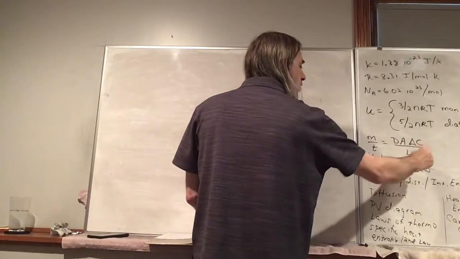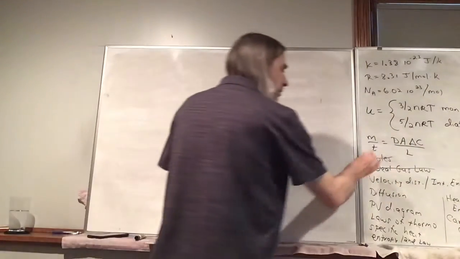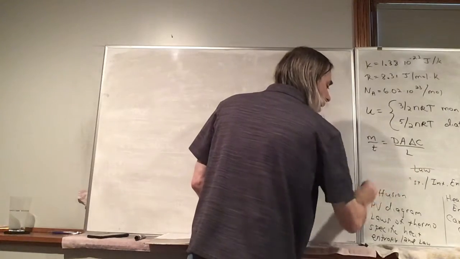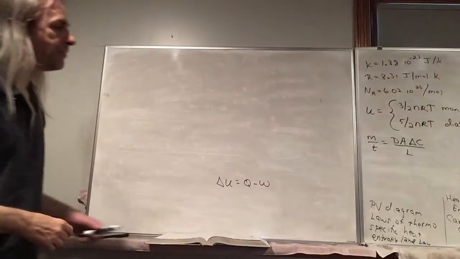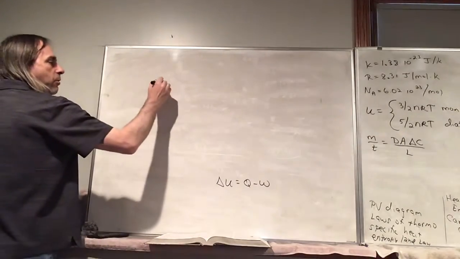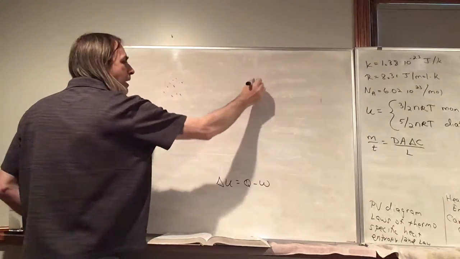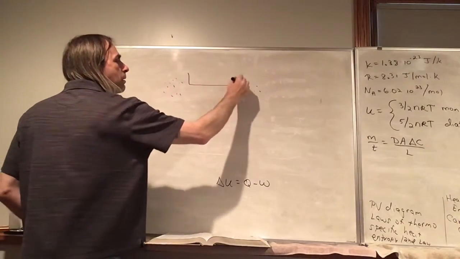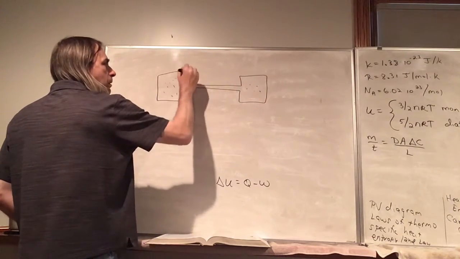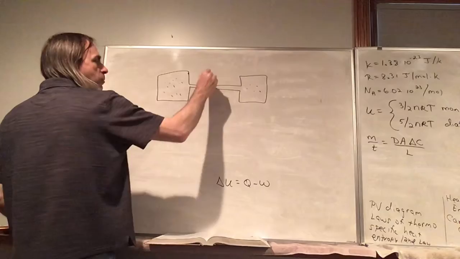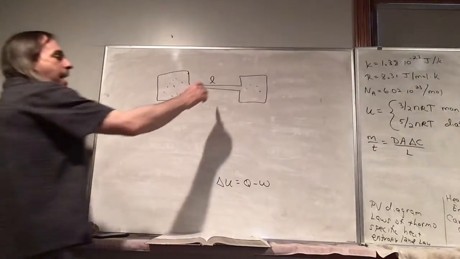We'll come back to internal energy, and the first law of thermodynamics also relates to that. But let's also write down Fick's law. So if you have a bunch of molecules over here, and a smaller concentration here, and there's a tube with a length L and a cross-section area A,